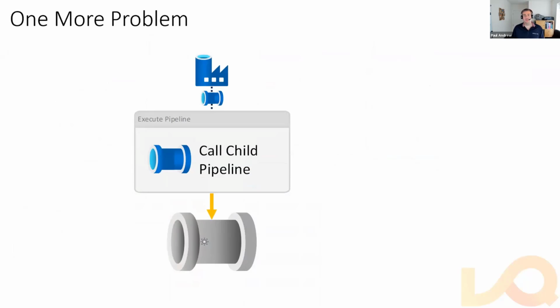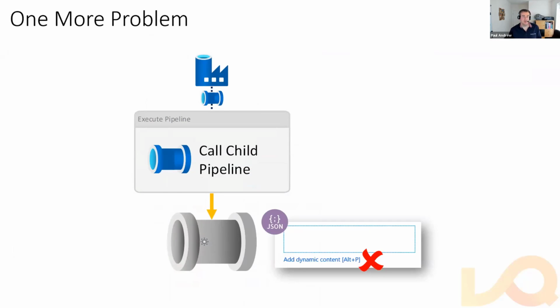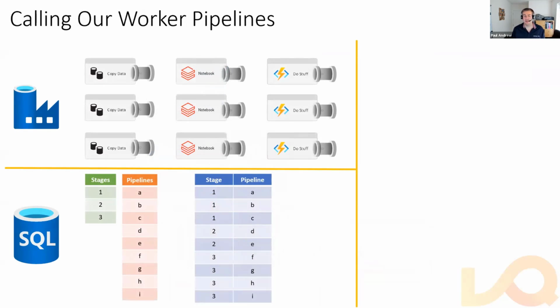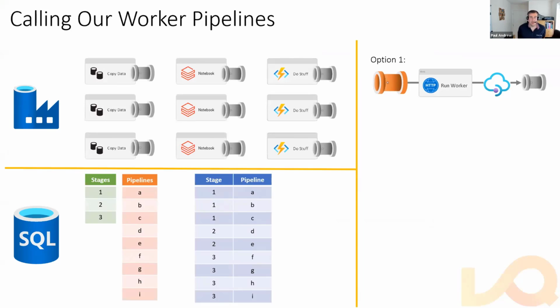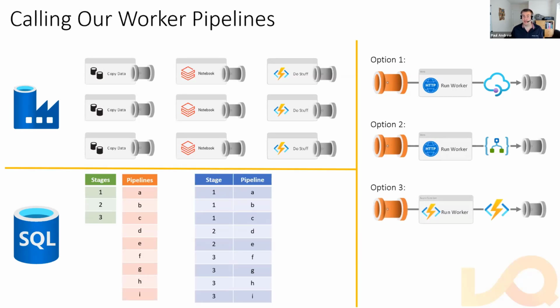But there is one more problem that you may have thought about, and that is the call child pipeline activity does not support dynamic content. We cannot inject into that with an expression via the Data Factory UI. So we need to think about using a third set of tools here, or third set of options. Option 1, we could use a web activity to hit the Azure Management API to run that worker pipeline. We could, if you wish, use Logic Apps to call that worker pipeline, also acceptable. Or what I prefer is to use Azure Functions. They're first-class citizens within our data factory now,